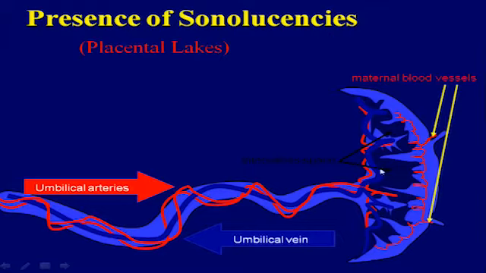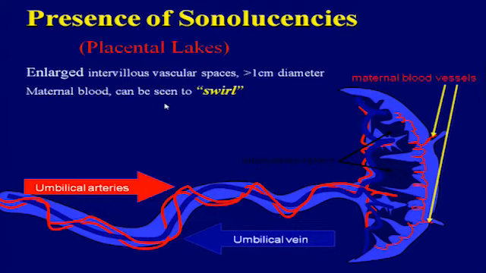So some of these sonolucencies are placental lakes within the placenta. You have your umbilical arteries carrying the blood from the baby through the cord back to the placenta, and the maternal blood coming in along the basal plate. All the interconnections here in the middle of the placenta, and then the umbilical vein carrying that oxygenated blood back to the baby. So placental lakes are just large intervillous vascular spaces, greater than 1 centimeter in diameter,